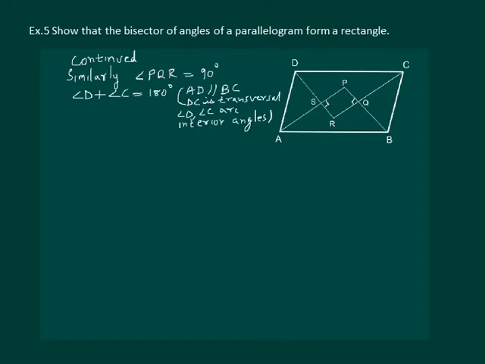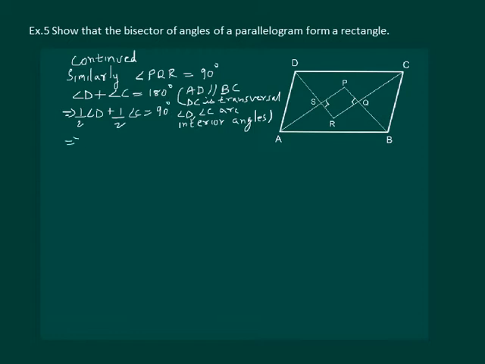Let us do one proof for you. We have angle D plus angle C equal to 180 degrees, as AD is parallel to BC and DC is the transversal. Then angle D and angle C are the interior angles on the same side of the transversal. And this would imply that half of angle D plus half of angle C equal to half of 180 degrees, that is 90 degrees,